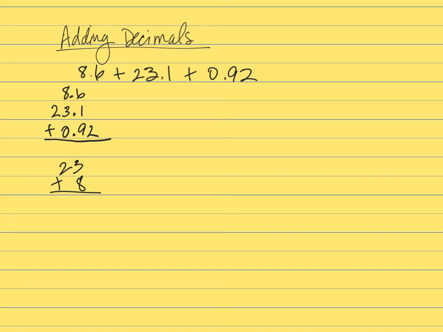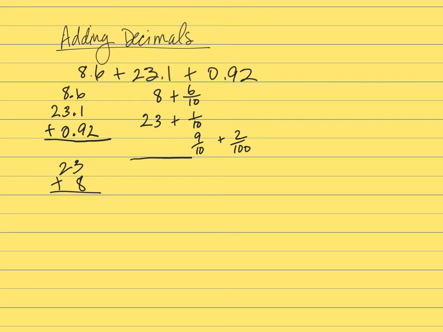The first way is that we're going to write these as individual fractions, right? So 8.6 or 8 and 6/10 is 8 plus 6/10. 23.1 or 23 and 1/10 is 23 and 1/10. And 0.92 or 92 1/100, we can break that down as 9/10 plus 2 1/100. And then from there, we can see that we add just like with fractions, right? You add fractions with like denominators, and you can see the place values we're adding together, right?